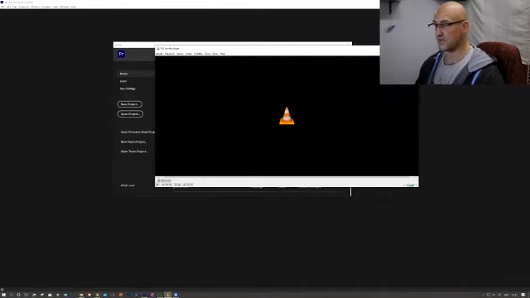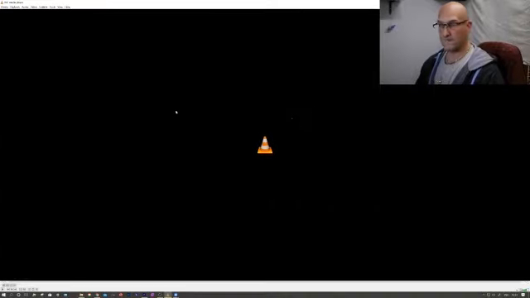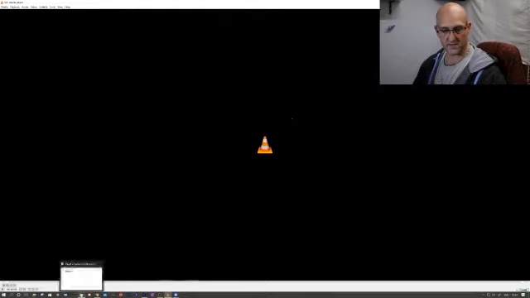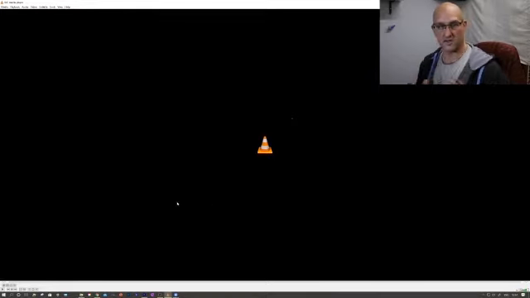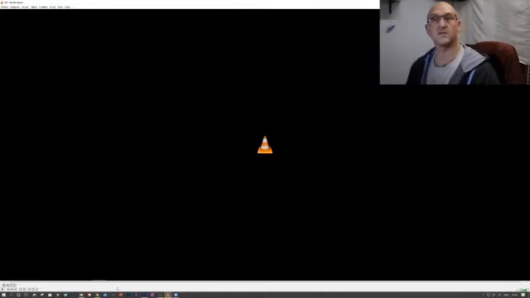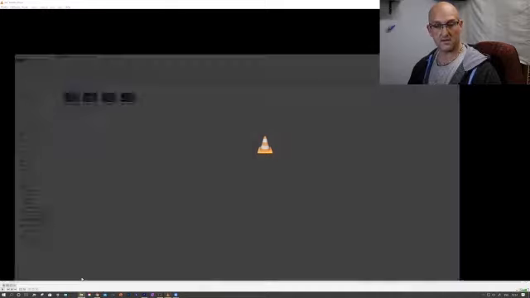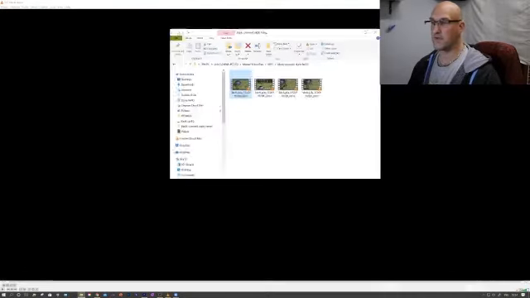Okay, so this is VLC Player. I hope that a bunch of you are familiar with this because it's an extremely good media player and it costs nothing. It's capable of playing a whole bunch of different codecs and formats, and you can just download it and play it back. But it also has a whole bunch of features in here which are kind of hidden, or if you don't know that they're there, you'll miss them.